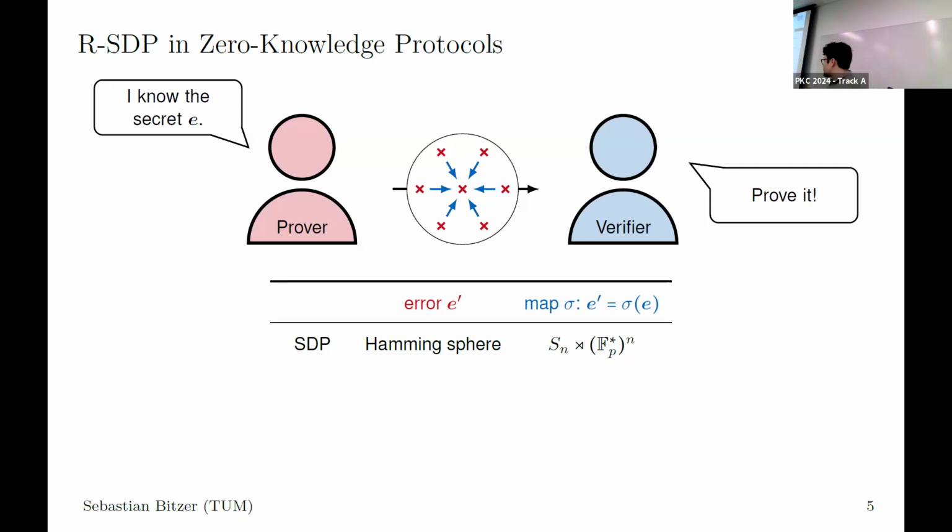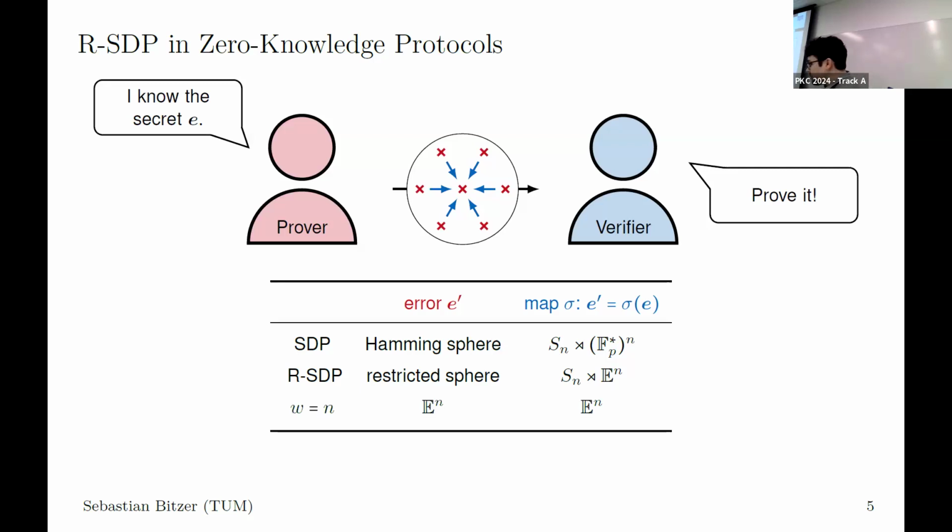When we move to RSDP, well, we don't need arbitrary error values anymore, only those in the restricted sphere. And also for our maps, we don't need arbitrary scalings anymore. Those in E are sufficient thanks to our multiplicative property. Now, with that, we have slightly smaller sizes of our objects, but we can do considerably better when we're in